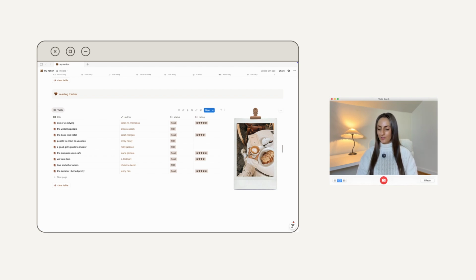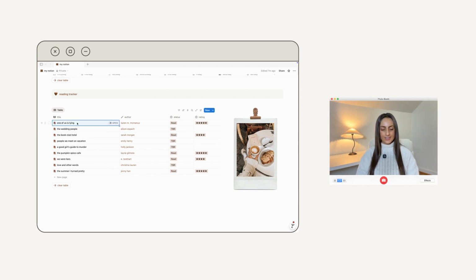So first we have this really cute little Polaroid widget that I put together in Canva, and I also have this available as a free template, so if you want to use this but switch out the image, you can. And that will also be linked down below, along with the link to this Notion template and the other widget templates. But as for the actual reading tracker, we have 4 columns here, so we have one for the title